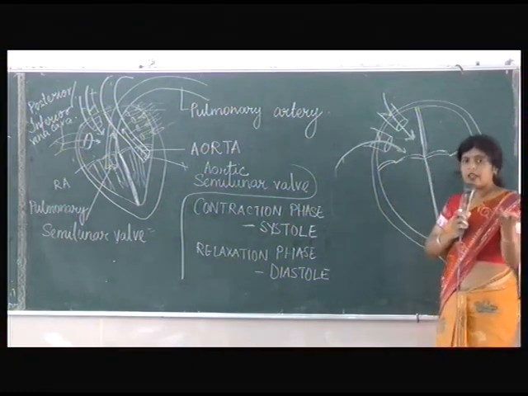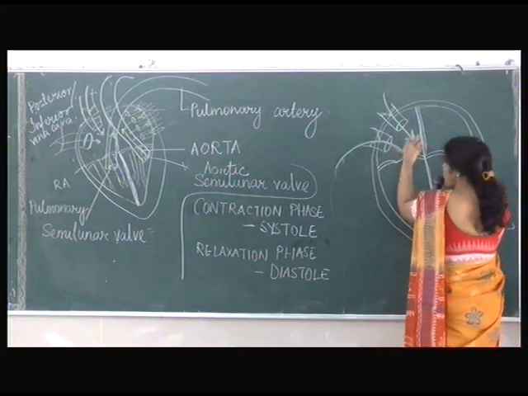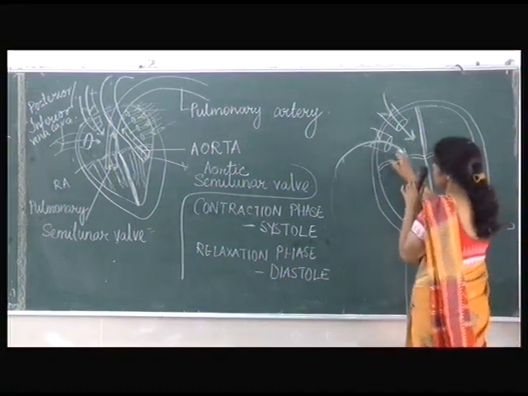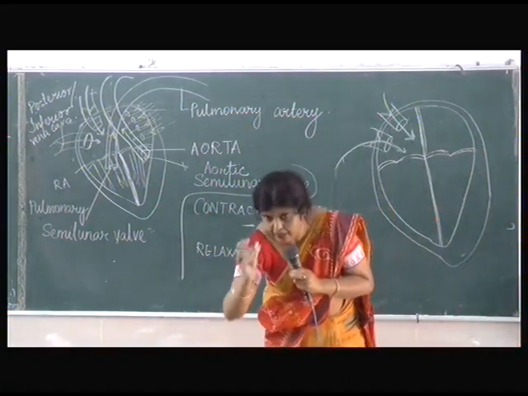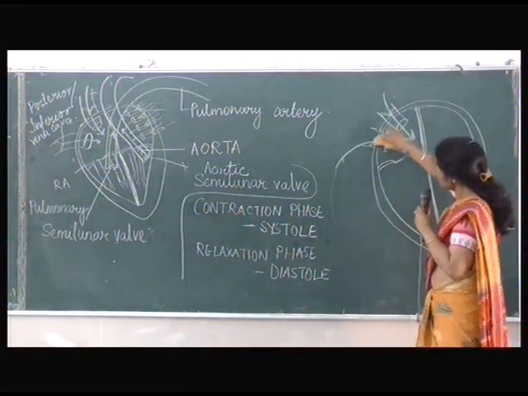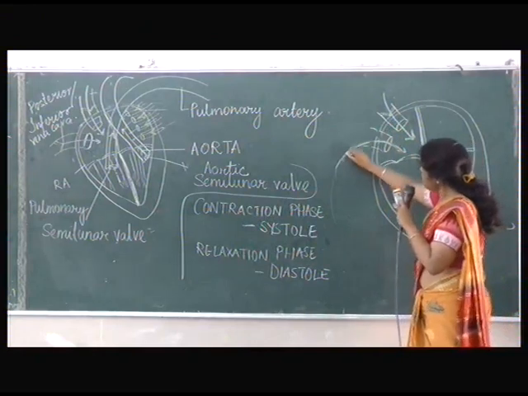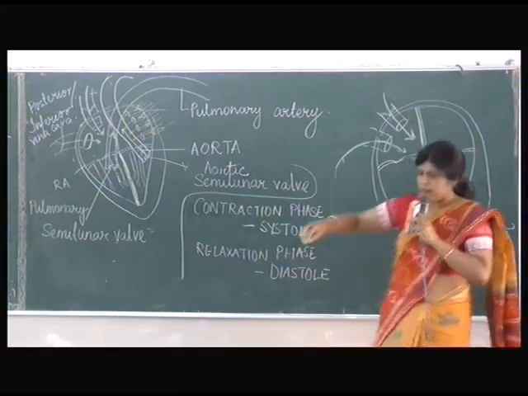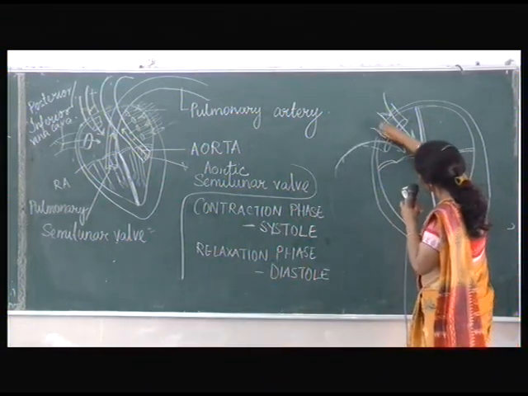What is the meaning of the auricle is diastoling? It means the auricle is relaxing. Why is it relaxing? So that the blood can enter into the heart. Is it all right? So with green, I hope you can see this green chalk, it's deoxygenated blood. And remember, when the blood is flowing in, due to the pressure of the blood, the valves present in the vein are open.